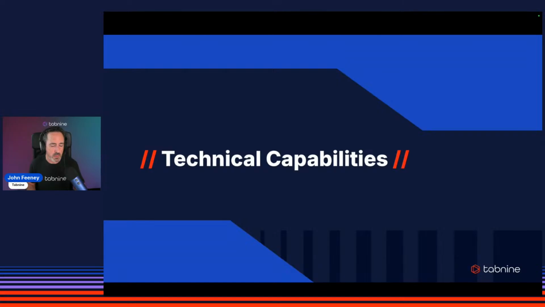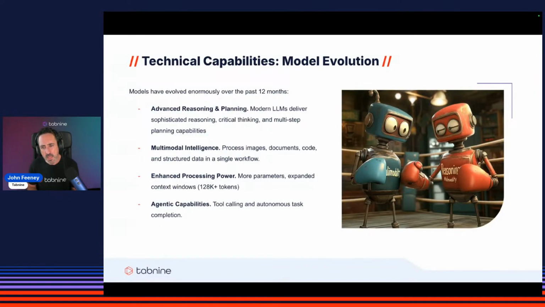And what we're going to do now is we're going to shift gears and we're going to look at what you can expect in terms of the capabilities in an air-gapped deployment. So to kind of look at this, I want to begin by talking about the evolution of models over the past year or so. There's been really a fundamental shift in what's possible with these models. So I'm going to begin by talking generally.